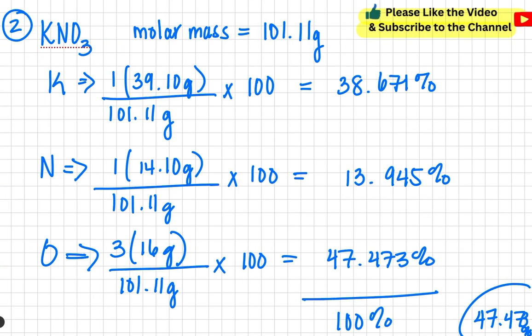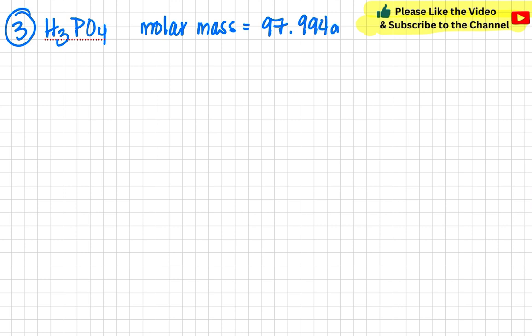All right, and let's do one more. Phosphoric acid. Its molar mass, you will find, is 97.994 grams. Starting with hydrogen, 1 times 1.008 over